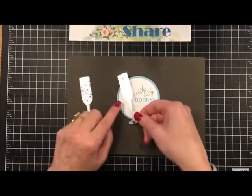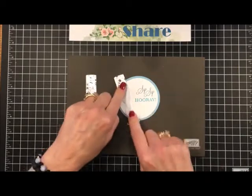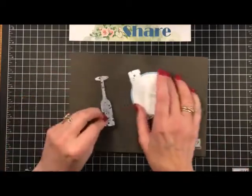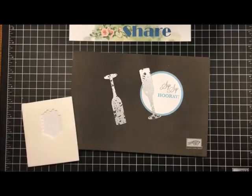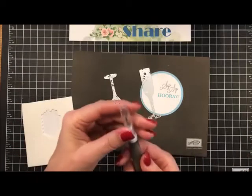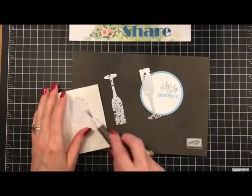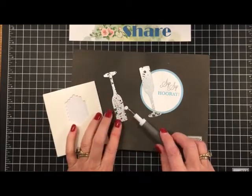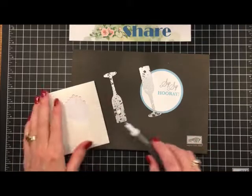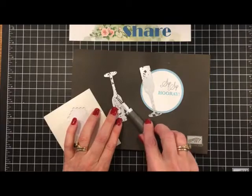is place it like this. Kind of just tipped off to the left, just like that. Then we'll take the other one, and we're going to put that one on with Mini Dimensionals. Do you guys have Mini Dimensionals? I can't imagine my life anymore without them. Mini Dimensionals are so wonderfully useful because they're tiny. They're perfect for things like this, because this has a lot of those little open holes, and I don't want my dimensional over that hole. So I'm going to put one Mini Dimensional here, and then one right about there,